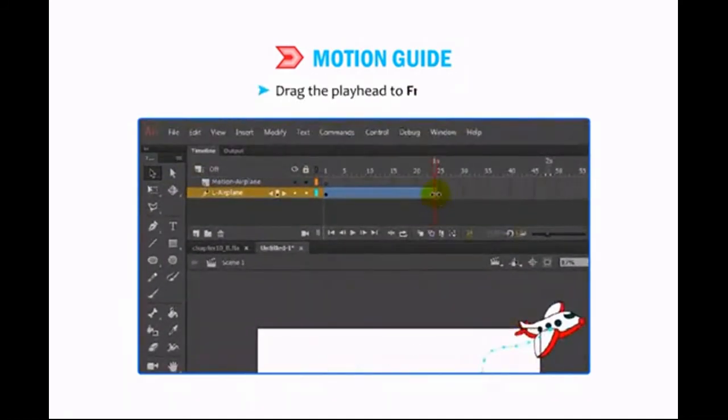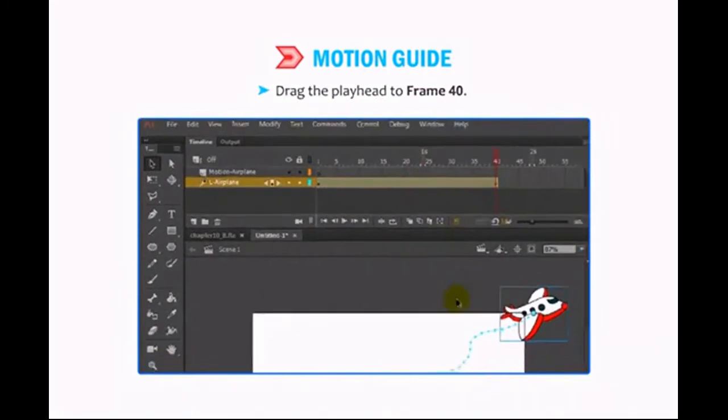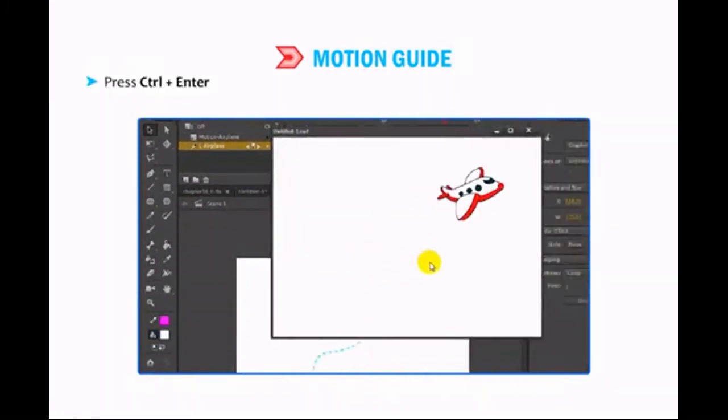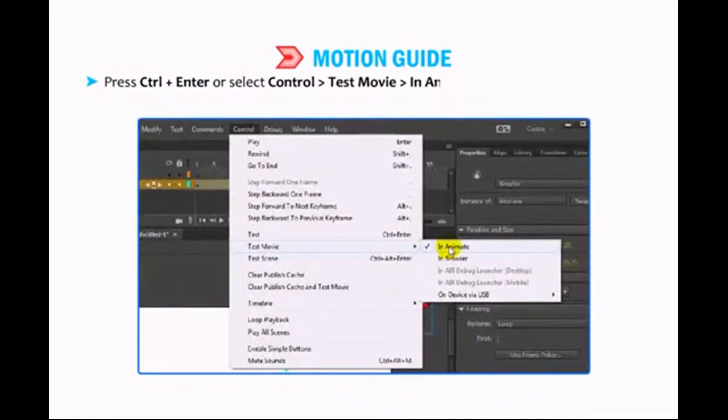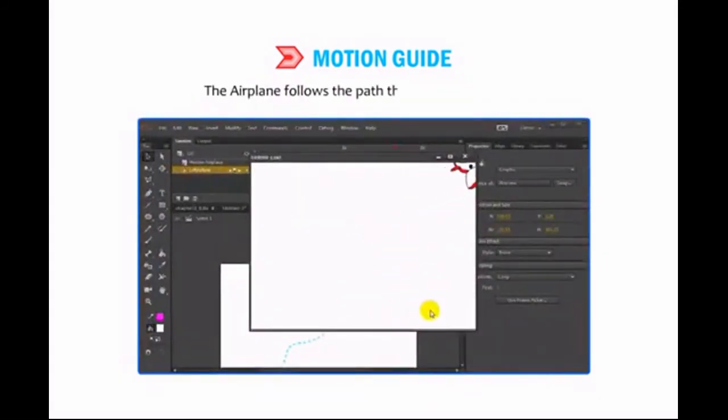Drag the playhead to frame 40. Press Ctrl+Enter or select Control, then Test Movie, then In Animate from the menu bar to test the animation. The airplane follows the path that you have created.